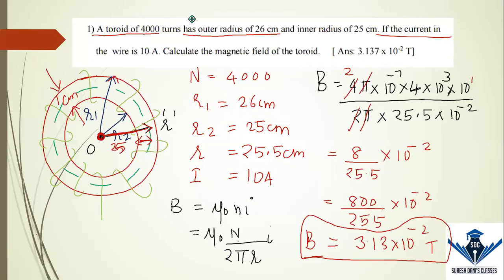So this formula is important for you to understand that the outer radius is 26, inner radius is 25, so the distance between the two will be 1 centimeter. But where we are measuring from, we are taking from the center to the center of the axis, so from the center the inner radius is 25, and the little bit that remains is 0.5, therefore it is 25.5 centimeters. So in the examination you have to mention how you got it, so you have to show them the difference, that is r1 minus r2, and then you have to divide by 2, get the 0.5, and then say that r is the distance from the center to the center of the axis, that is r.